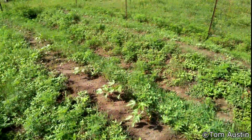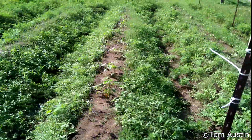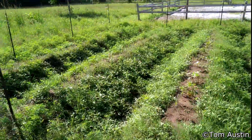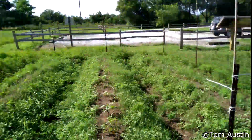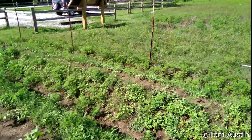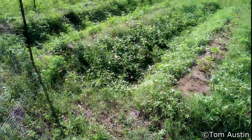So I've been putting that off until the rain comes by so that the row will stay together when I start weeding. So I'm probably going to do that maybe tomorrow, maybe Wednesday, maybe Thursday, may not even get to it till Friday. We've got a whole bunch of backlog from this event. I'm going to have to be inputting a lot of data, mailing out a lot of stuff. So whenever I finally get a chance, I'm going to be able to get back to this cotton,